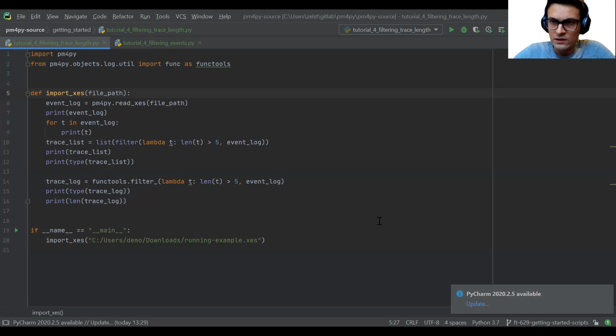So for example, here I have a fairly simple script that you should now see, where I've extended our previous import access function from the previous tutorial, and I'm doing some Lambda functions on top of the event log. So what are we doing here? First of all, I'm importing the pm4py library, and then secondly, I'm importing a specific helper script from pm4py that is located in a fairly cryptic location. Namely, it's located in